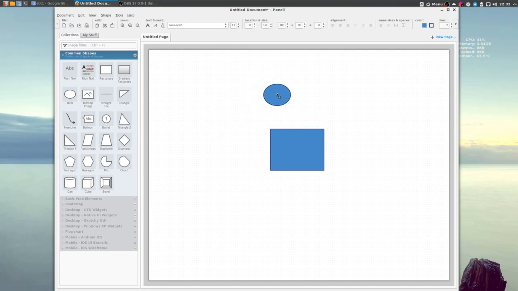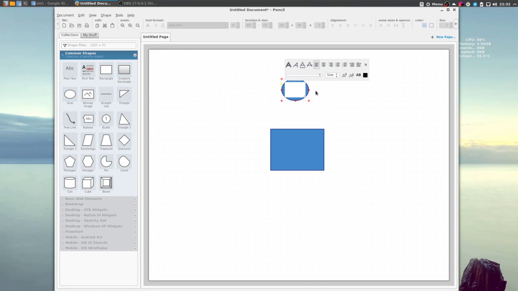This little oval here will be the internet. Actually, no. We're just going to keep it pretty simple. No, I'm wrong, sorry. Internet.